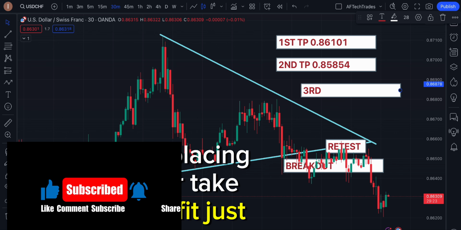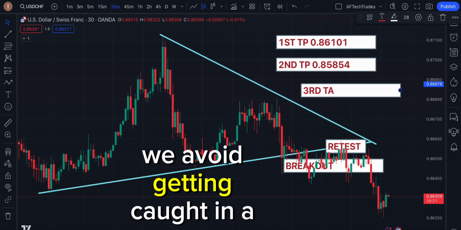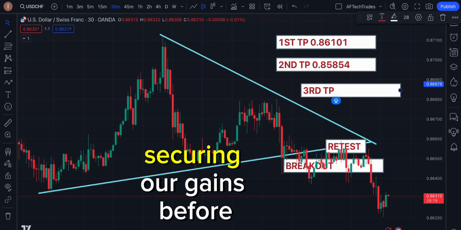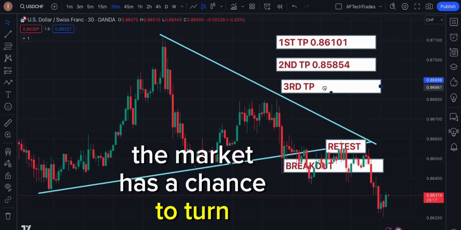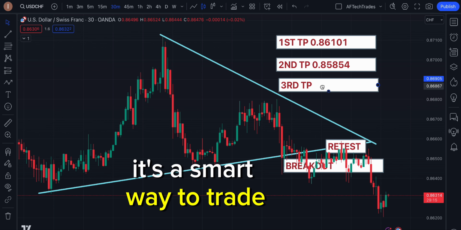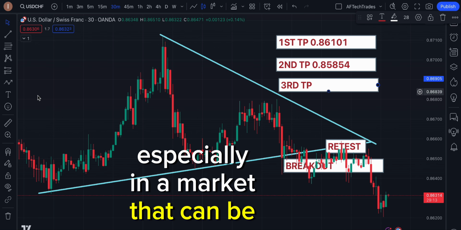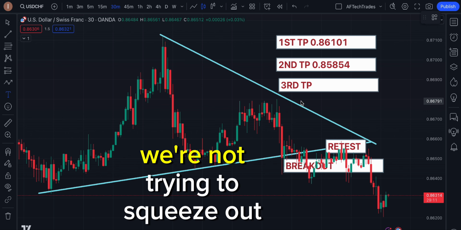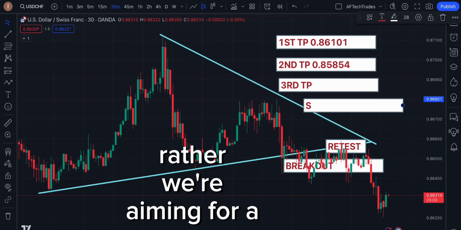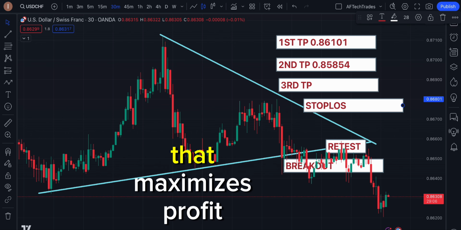By placing our take profit just before this level, we avoid getting caught in a potential reversal, securing our gains before the market has a chance to turn around. It's a smart way to trade, especially in a market that can be unpredictable. We're not trying to squeeze out every last pip, rather, we're aiming for a high probability exit that maximizes profit